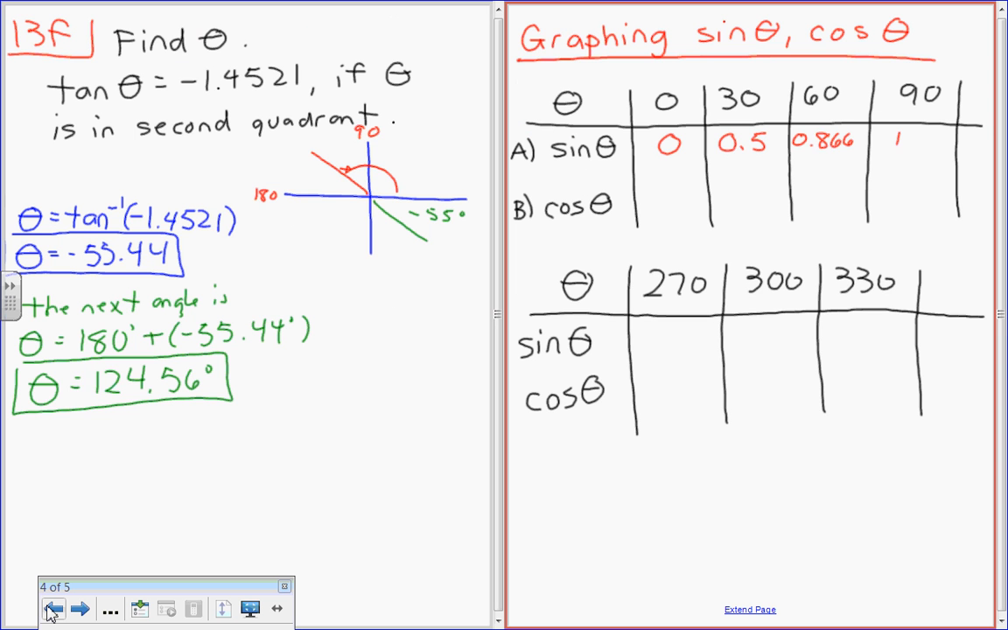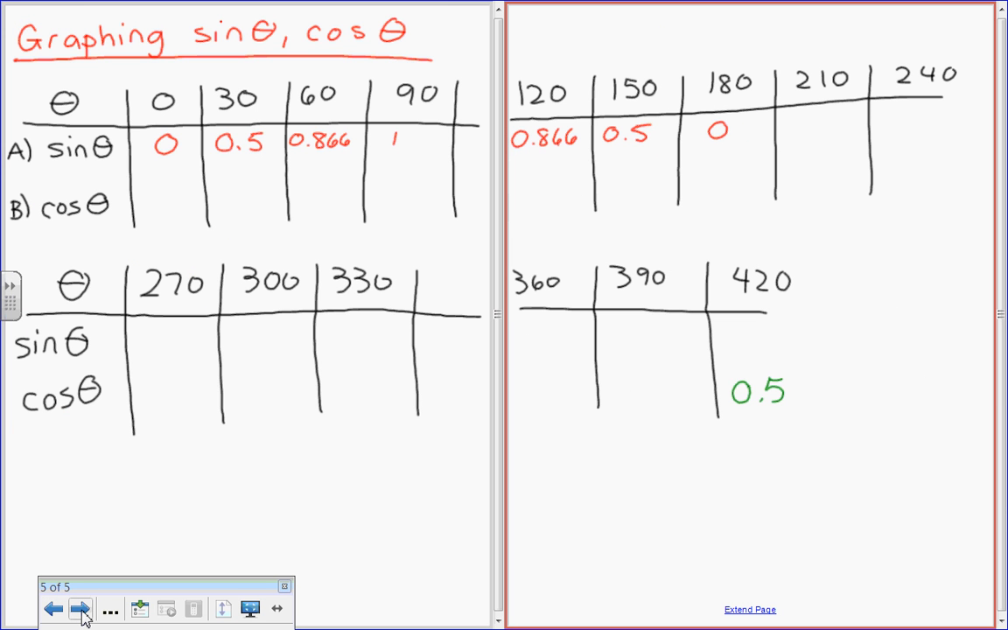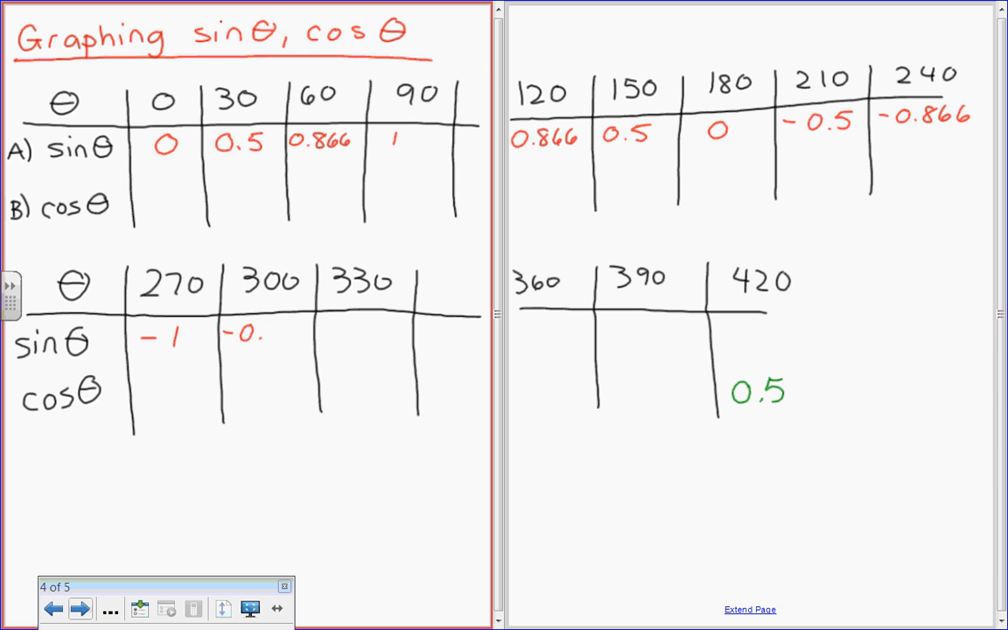If you go back to this here, all the negative values for sine are going to be below the y-axis. And it's possible to have angles below. I'll fill the rest of these in because I want to get this done eventually. That's going to be negative 0.5, negatives there, right? If I make a mistake, somebody